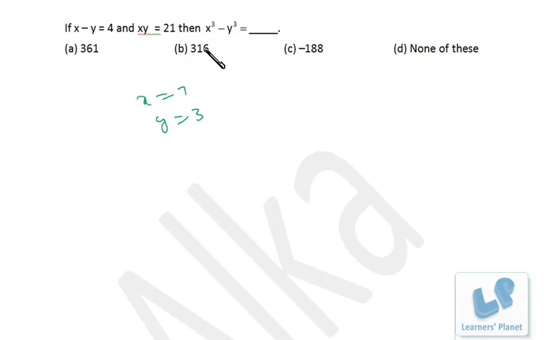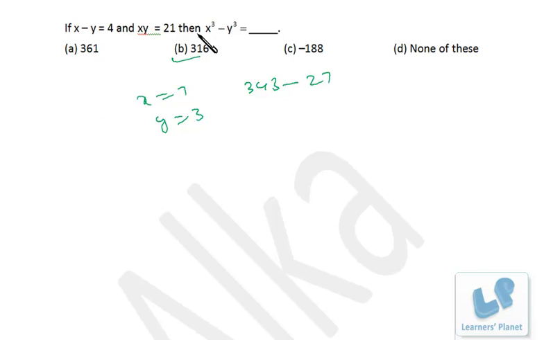Now put up very quickly, 7 cube is 343, 3 cube is 27. So 343 minus 27, 316 is your answer, right? This is the shortest way. After that, if you're not able to recall or conclude this,